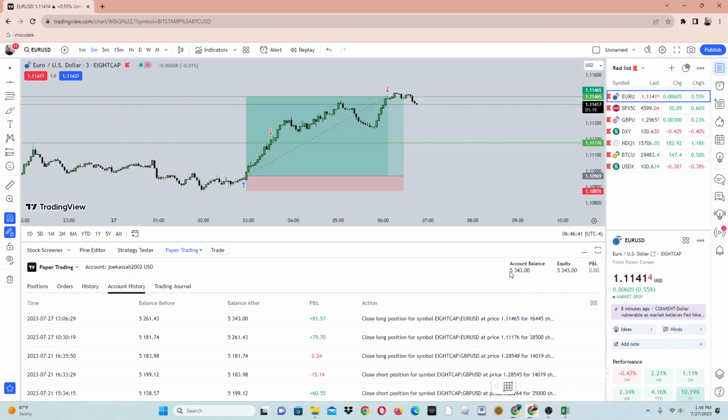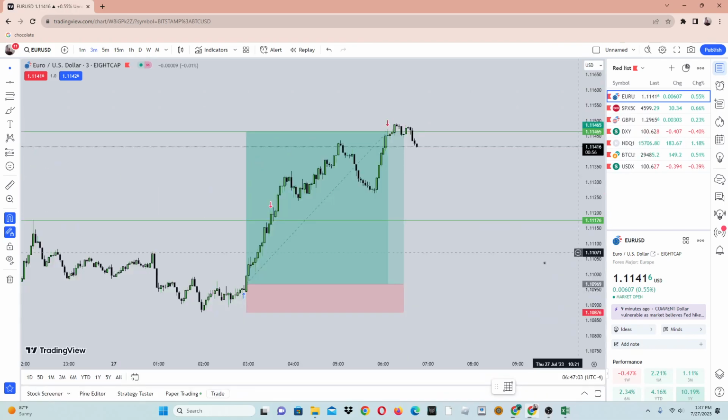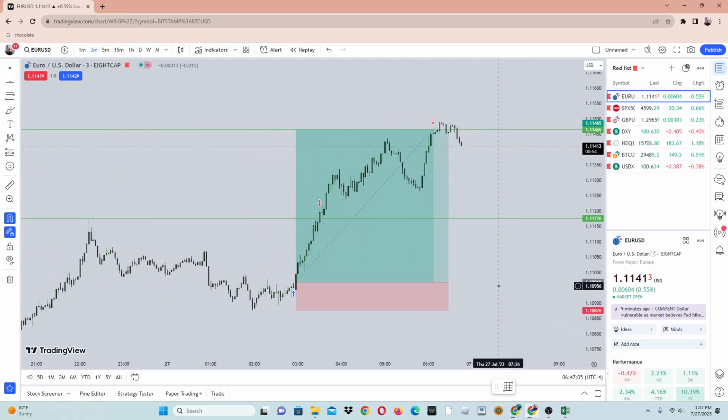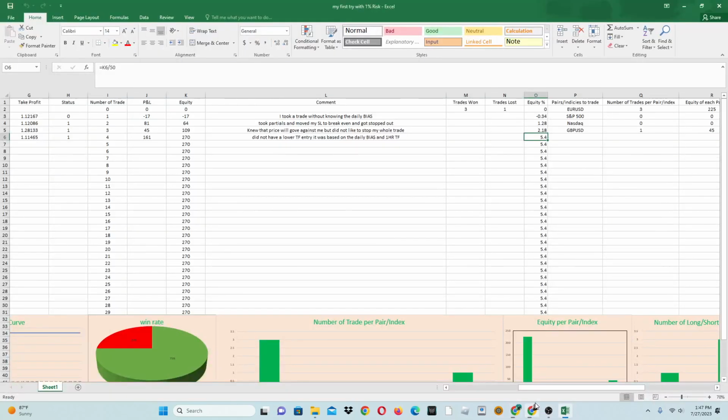Even if I have a maximum drawdown of 10%, my actual equity is 500, but I will be risking 1% of my whole account balance in order to make up to 3%. My profit is not fixed, it's not a 1 to 3 risk reward ratio as I mentioned I would be doing before,